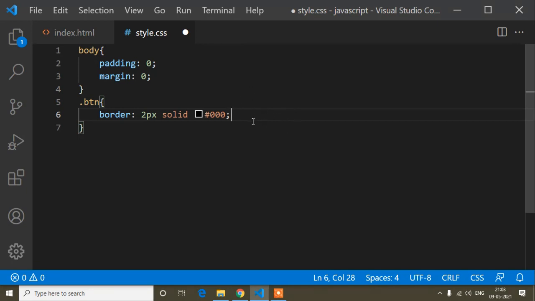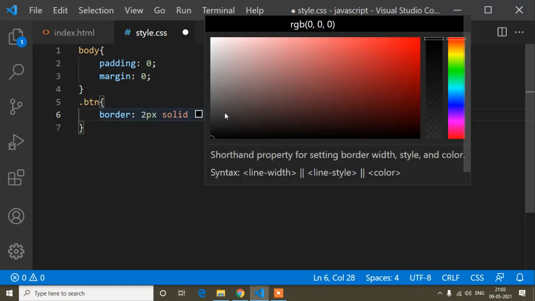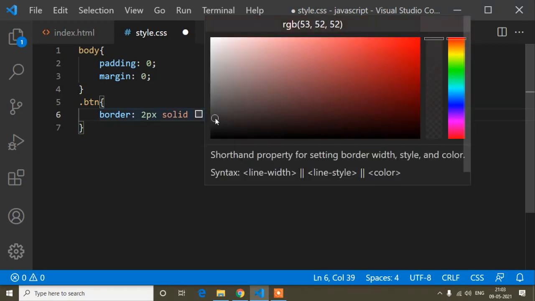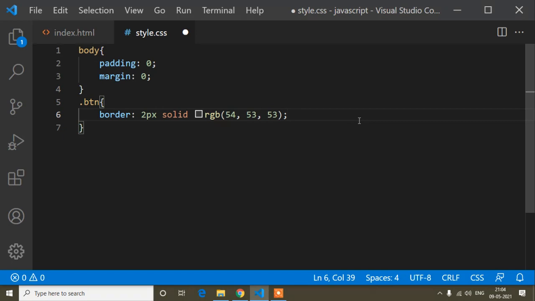Otherwise, if you are using Visual Studio Code, or brackets, any kind of editor, there are different ways of opening that, which I will show here now.